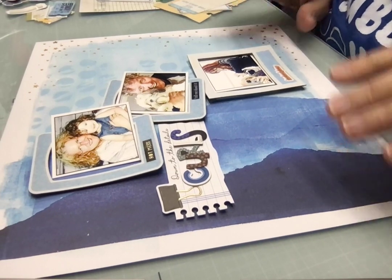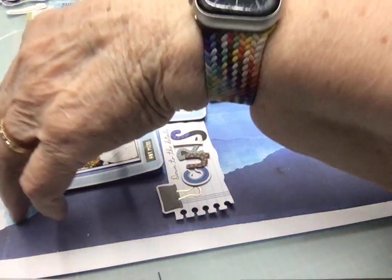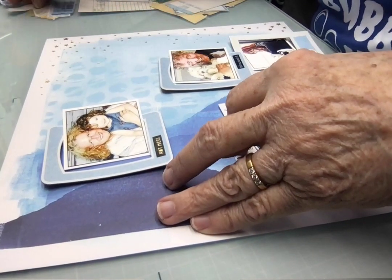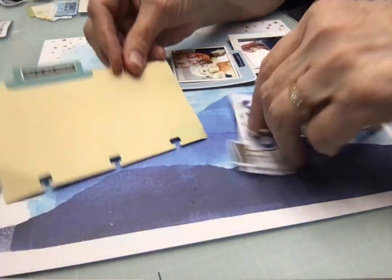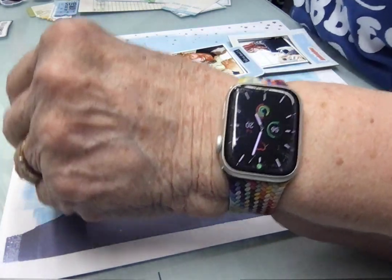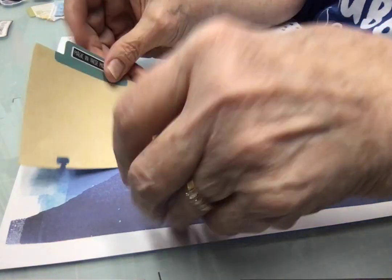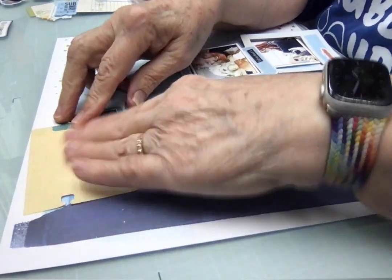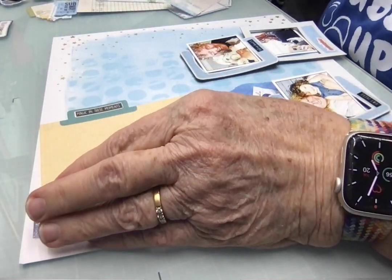So before I put the frames down, I'm going to layer a bunch of stuff underneath. So let's see. I'm going to put this down as my first layer. This is papery, and I've probably used papery from a couple of different Vicki Boutin collections. I'm just going to let that be right there. And I have